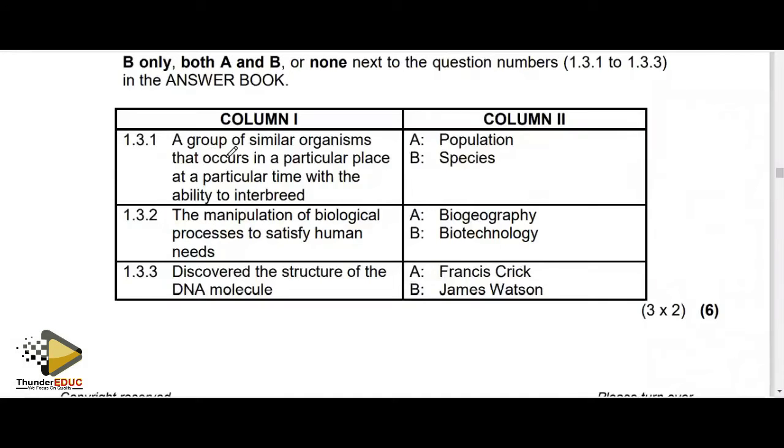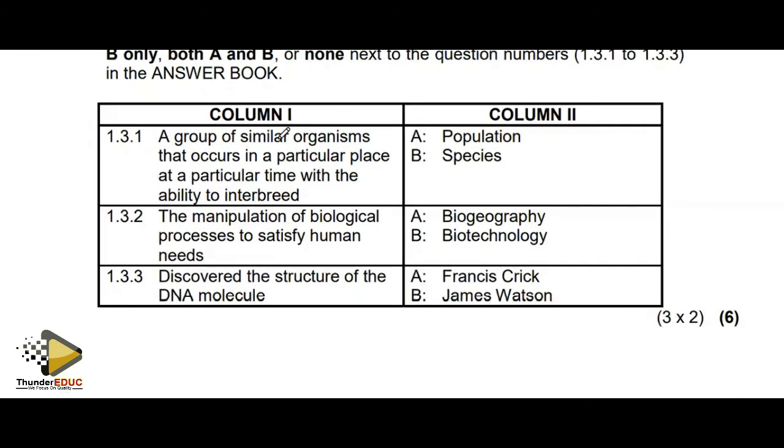A group of similar organisms that occur in a particular place at a particular time with the ability to interbreed. What is it? Since it's a group of organisms and they're able to interbreed, then automatically it is a species, but because it's a group, it's going to become a population. So the word group cancels out species and forms population. So the answer becomes